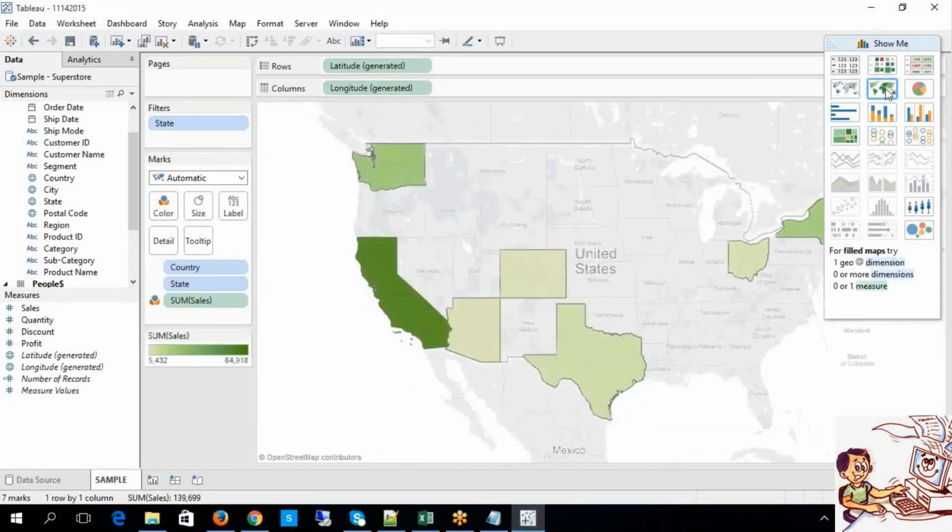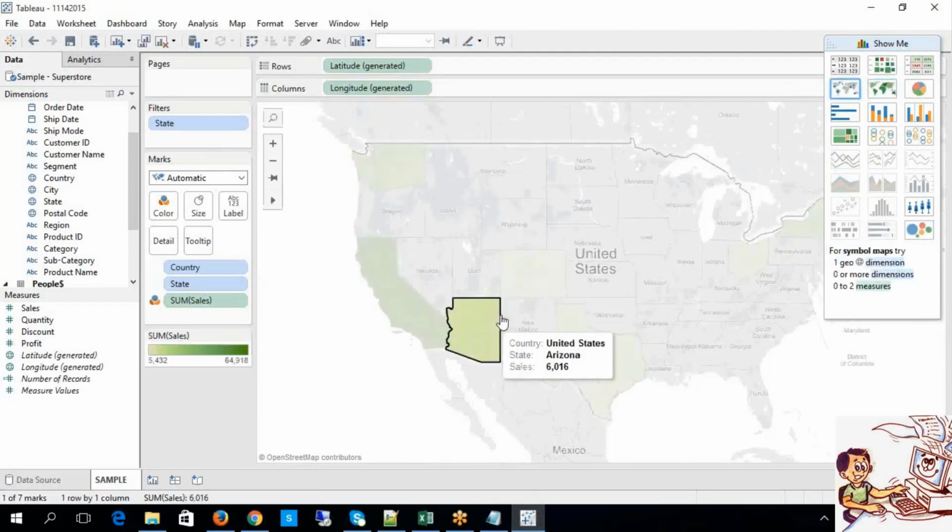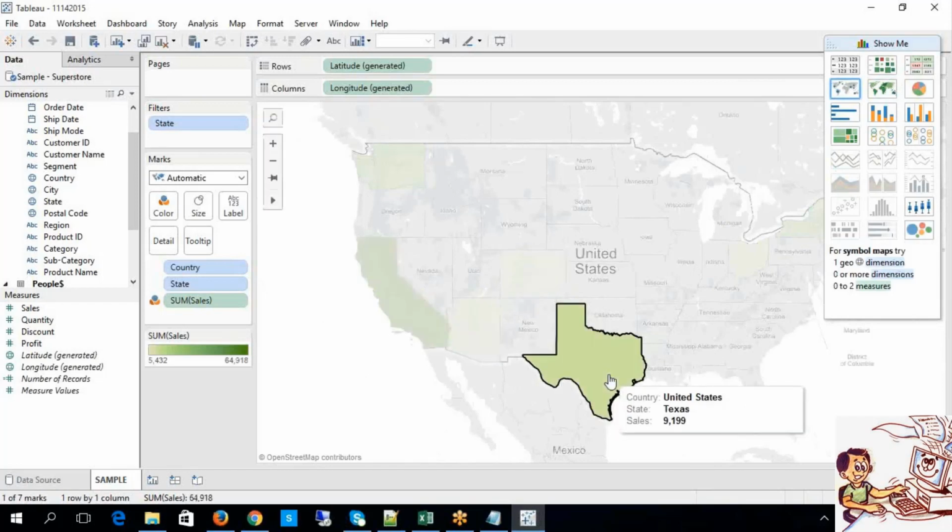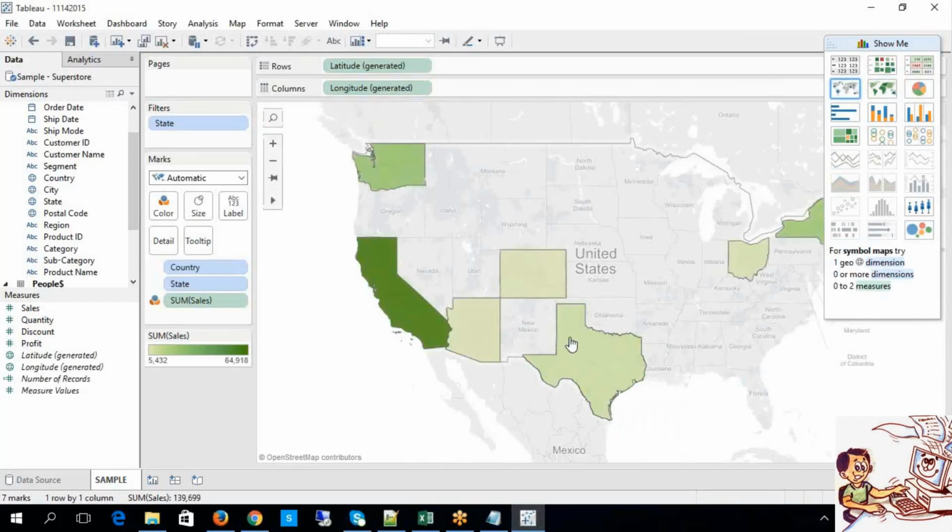Now, can we apply a filter on this filled map? What not? Everything you can do. Whatever functionalities we have gone through, like filtering, colors, everything you can do, whatever you want, guys. No doubt about it. But all you need is practice. Right?